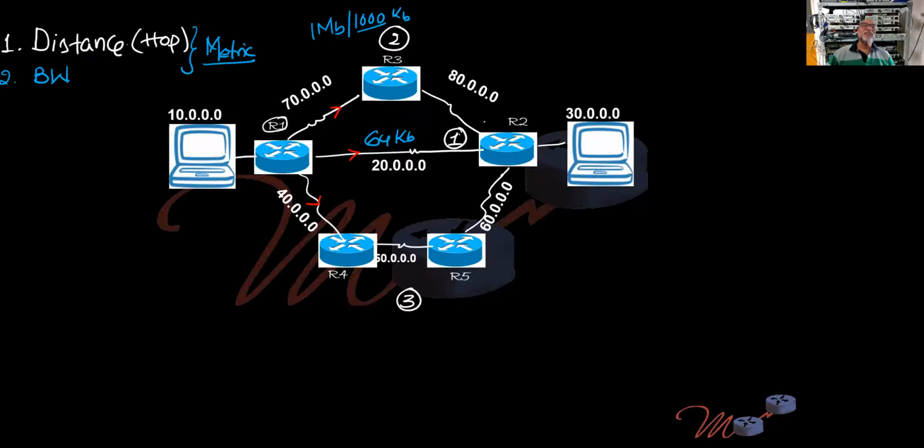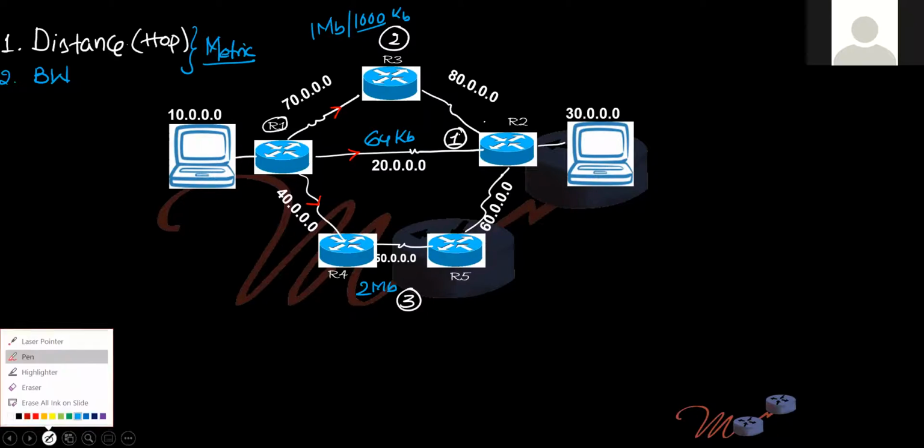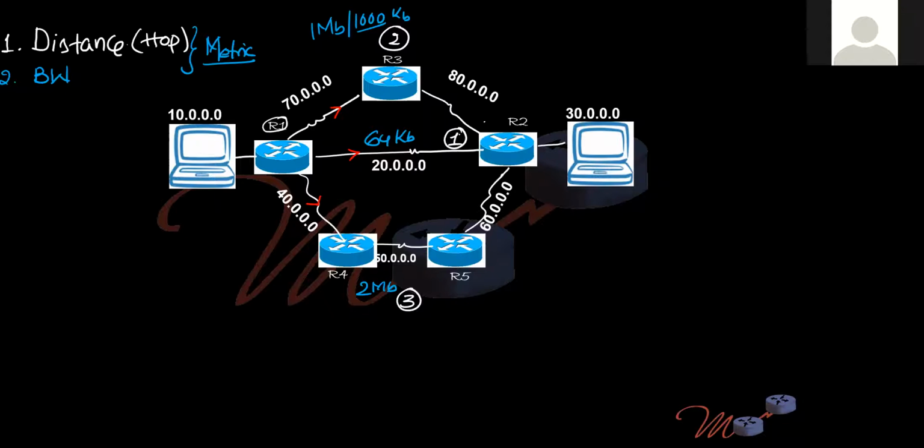So here, distance as metric, this is the best path. Bandwidth as metric, it might be, say for example, this is 2 Mbps. Then it is double the speed. Are you getting the point? Imagine 2 Mbps is the best path as far as bandwidth is concerned. Somewhere here, one network is connected. There are 50 hosts in that network.